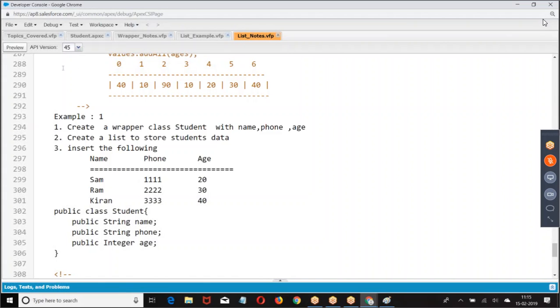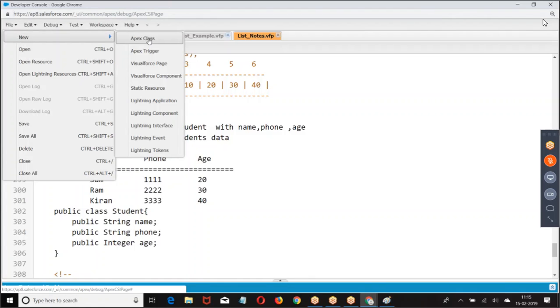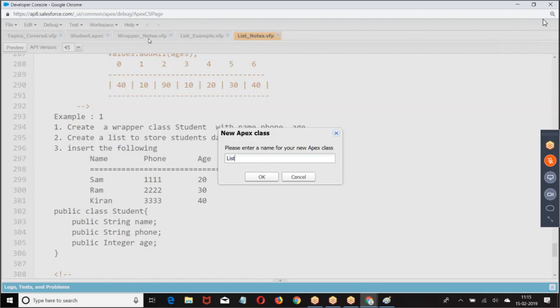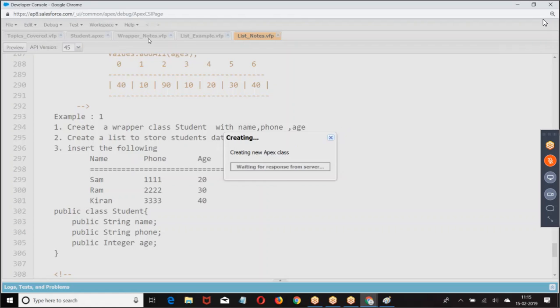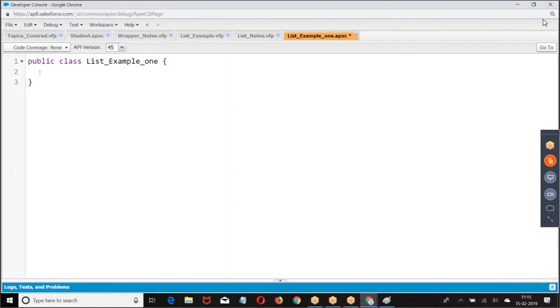Let me create this as an example. Now tell me what we are supposed to do. First, create an Apex class. Public account ACC.